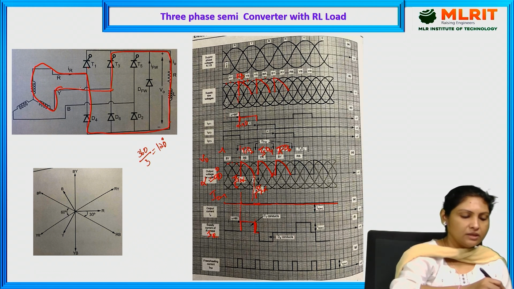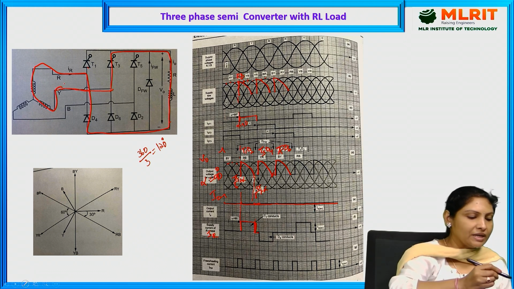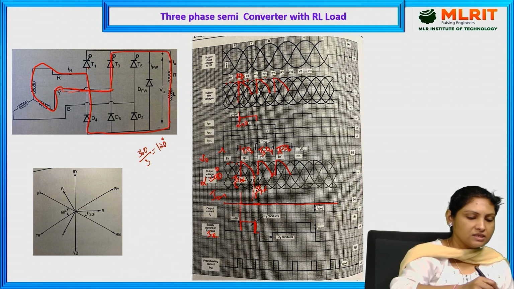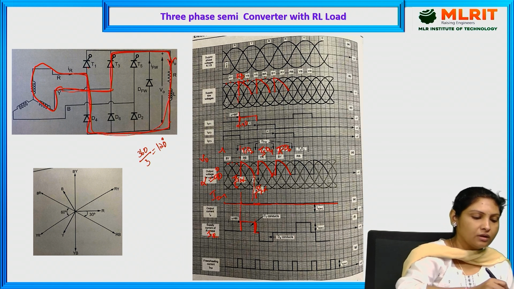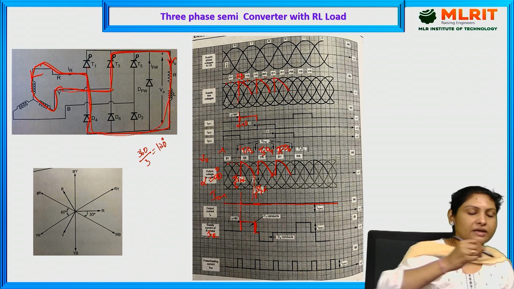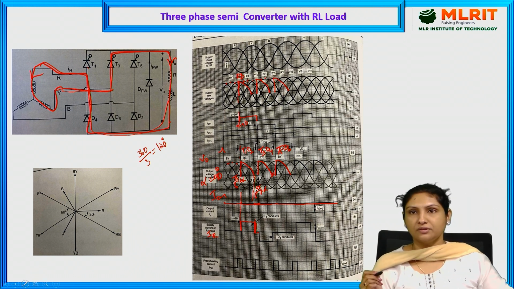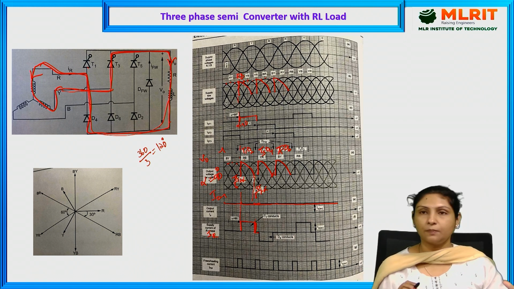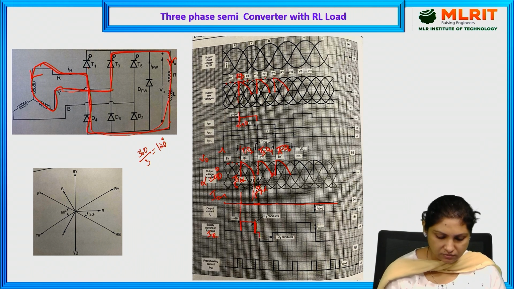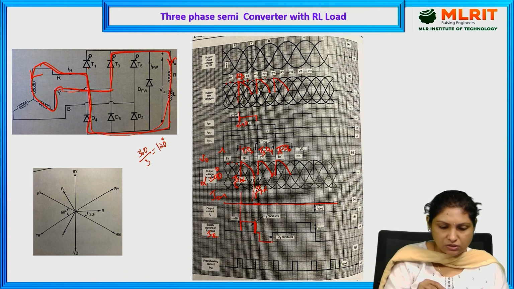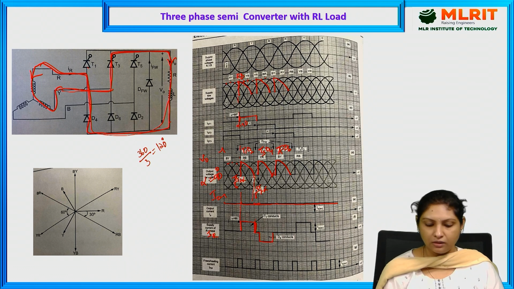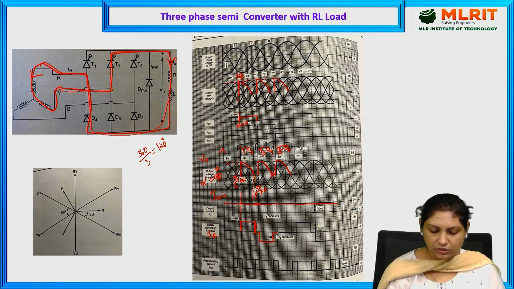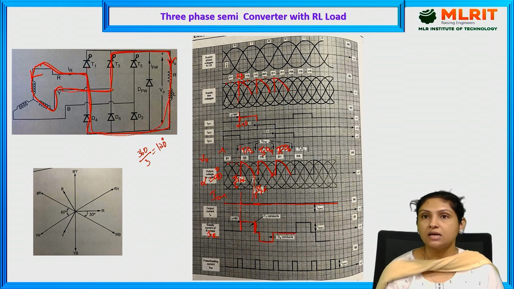Because of YR phase, thyristor 3 is conducting current through the load and then back to D4, and the supply current is getting reversed compared to the first case. That is the reason the supply current will be reversed. This is due to YR phase and it remains negative, and this remains 0 as long as thyristor 1